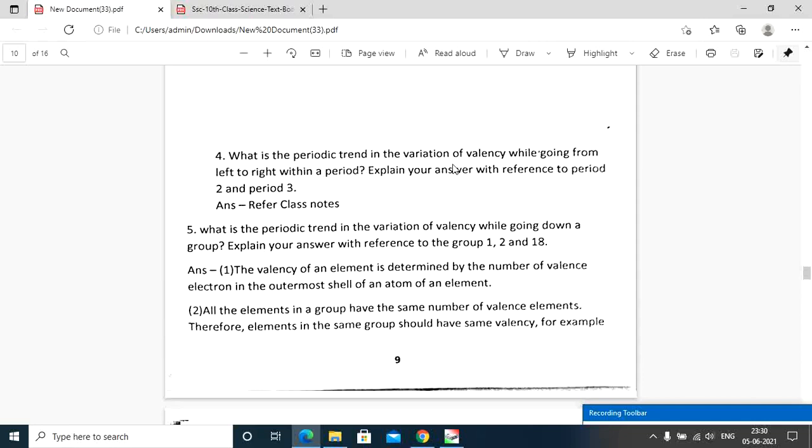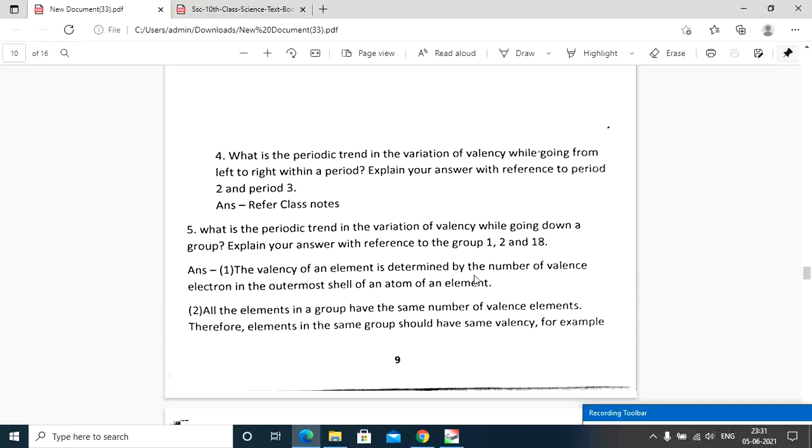What is the periodic trend in the variation of valency while going from left to right within a period? They are saying with reference to the second period and third period. So valency increases from 1, 2, 3, 4 and after reaching 4 it decreases 3, 2, 1, and valency is 0 for zero group elements. What is the periodic trend in the valency while going down a group? Down a group, each time a new shell is added. You can talk about metallic, non-metallic characters and all. So here the answer is